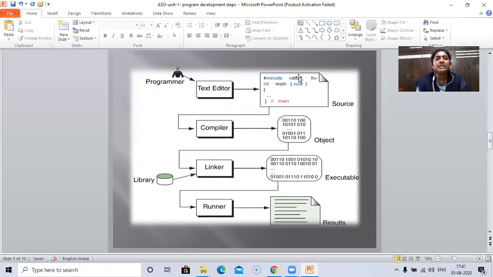The linker's job is done after we combine the code of the predefined functions from the library into your source code, into your object code. Then that is considered an executable file. This executable file, with the help of a loader, will be executed and we can see the final result. So this is how we create, run and execute programs.